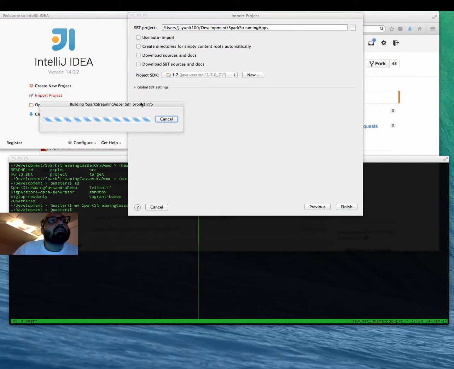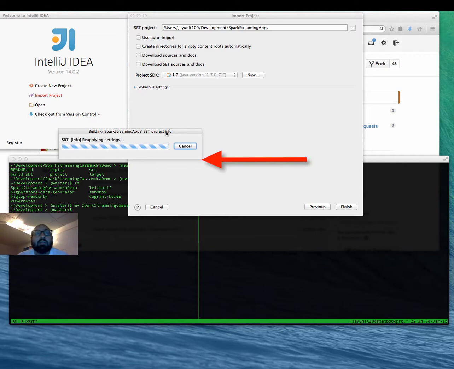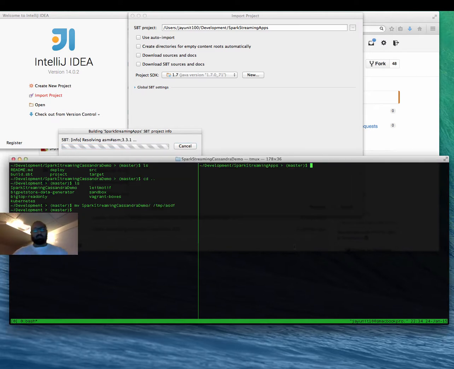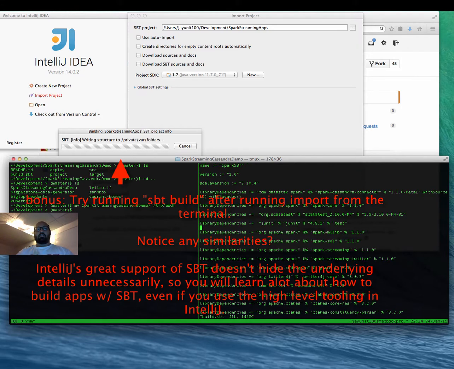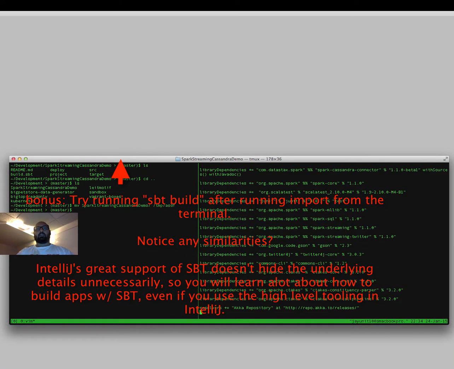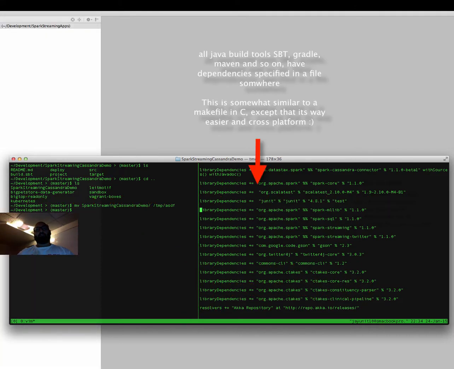So anyways, when I click finish, IntelliJ is going to go ahead and start building the project. As you can see, it gets all the dependencies. There's a lot of dependencies, and while it gets the dependencies, for those of you that are new to Scala or new to SBT, we can just walk through and take a look and see all the dependencies it's getting. You're getting Spark. Scala test allows us to run unit tests. JUnit, we all know what that is. It's another unit test library. All the Spark stuff, MLlib, Spark SQL, Spark streaming,